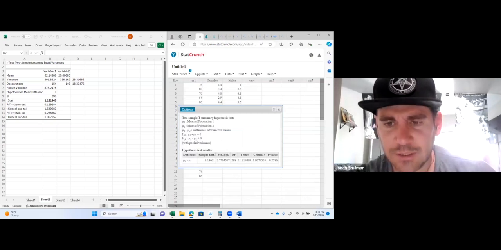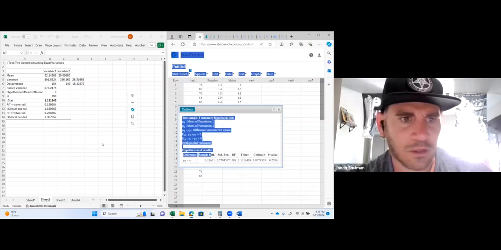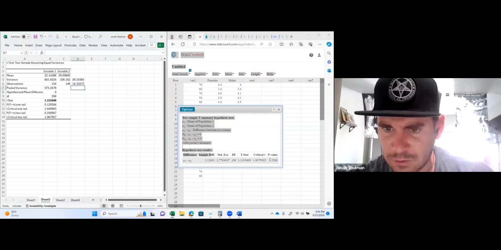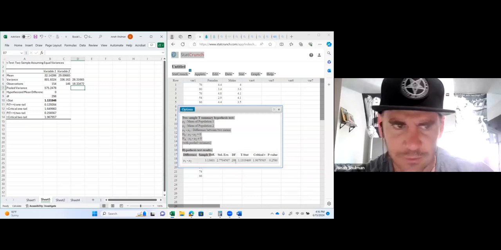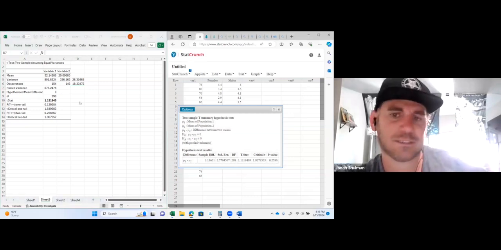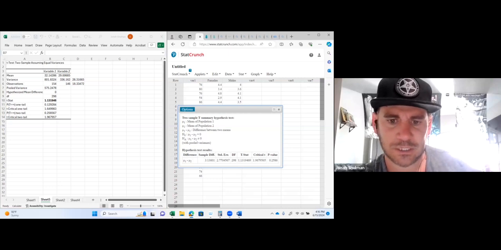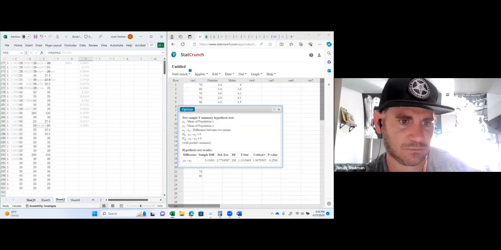Oh, sweet. When I pool the variances, it's the same. So we had to pool the variances, which is fine. 0.258, 0.258, 1.13, 1.13, 298. Yeah, now everything matches. So this is how you could do it on Excel. This is how you do it on StatCrunch. And how do you do it by hand? Oh, it was that big mess that I did on this other sheet,